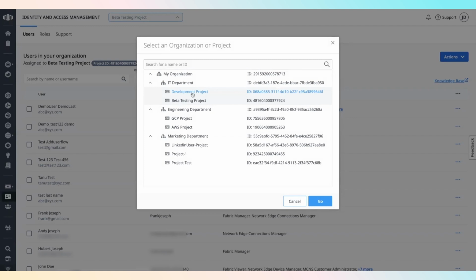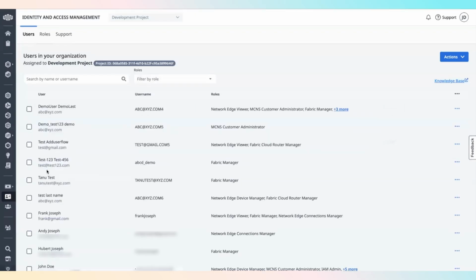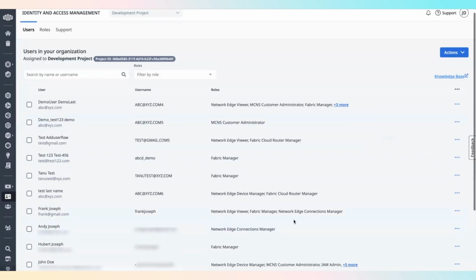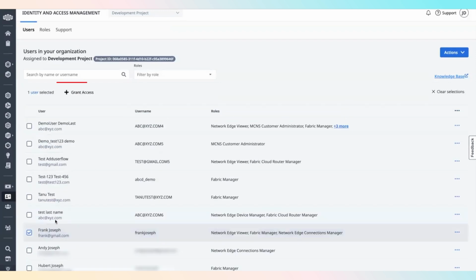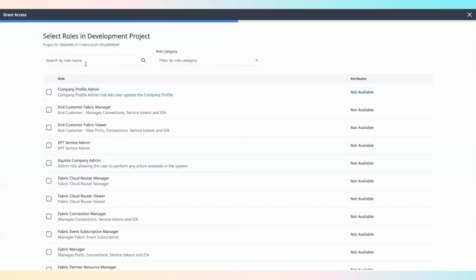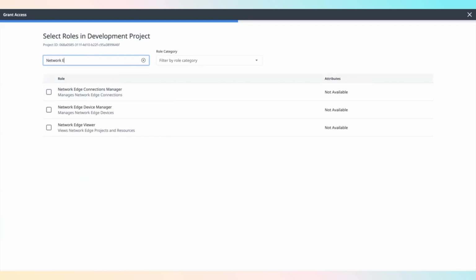So let's say an admin decides that Frank needs to operate only in the development project. Frank should not have access to the IT department, nor should Frank have access to the beta testing project. In that case, the admin needs to select the development project from the context switcher and assign a role to Frank, which he wants him to operate only on the development project. So let's assign Frank Joseph a role on the development project. We will select another role. So Network Edge Viewer,